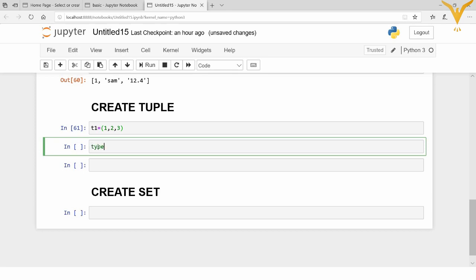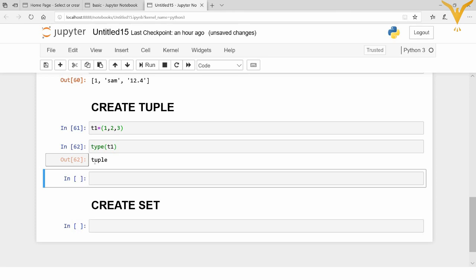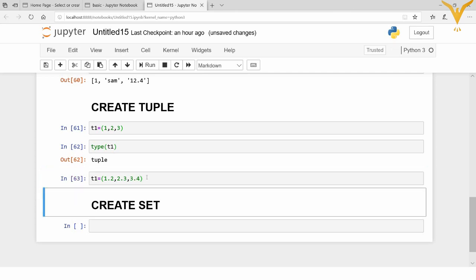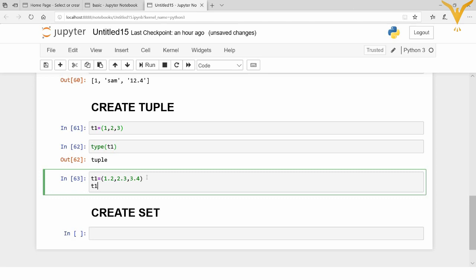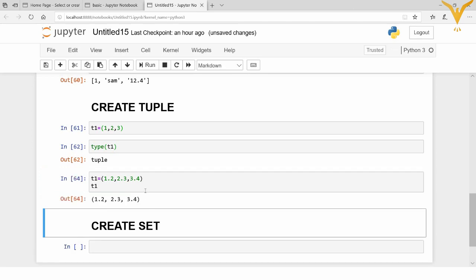So type T1. What is it giving me? It is giving me tuple. Clear with this? Okay. Now we will create a tuple which contains float values. And then print T1. So it is giving me float values.